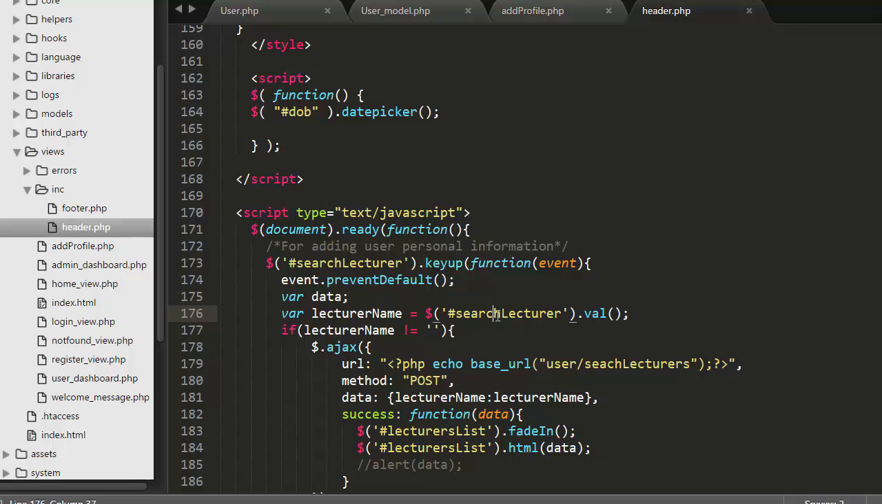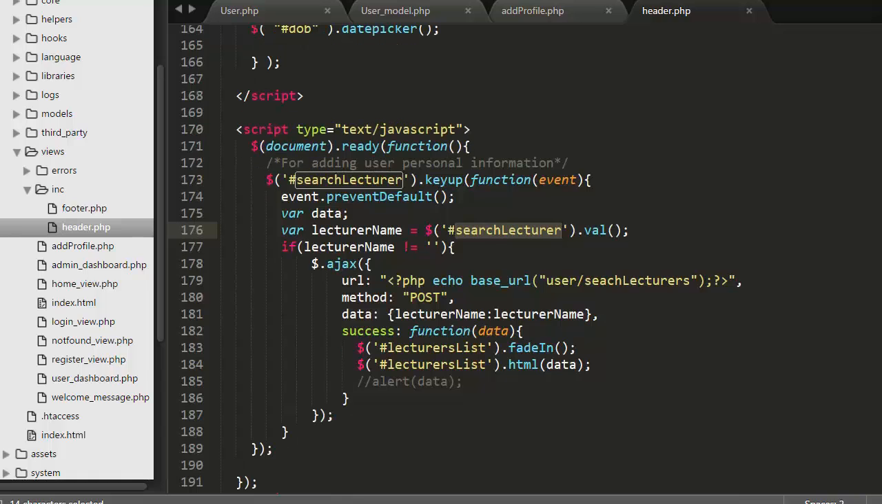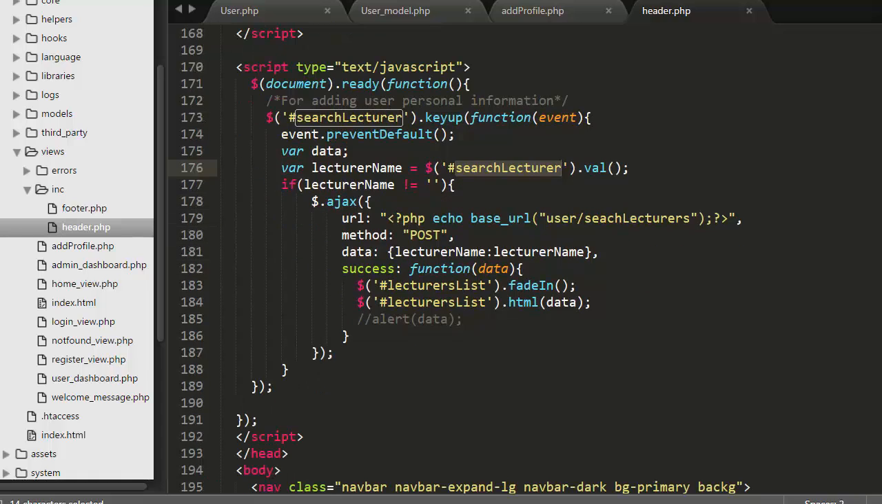Okay, so this is the same ID which I had given to my input text box. With the help of this ID, I'm accepting the name which the user will enter inside the text box, and then I'm storing that name inside this lecturer name variable. Okay, and then here I'm checking